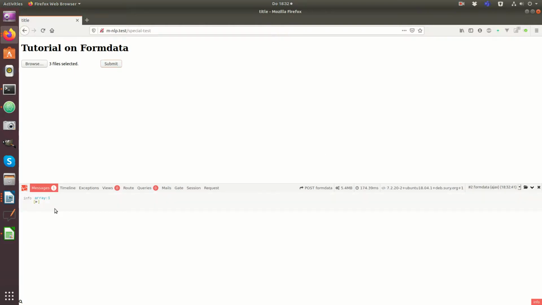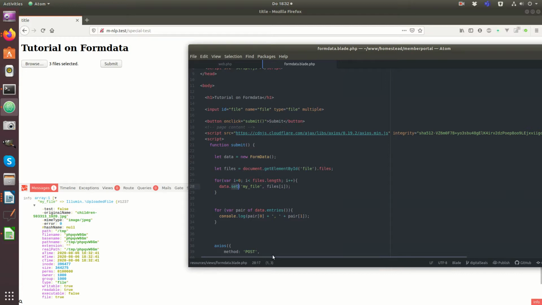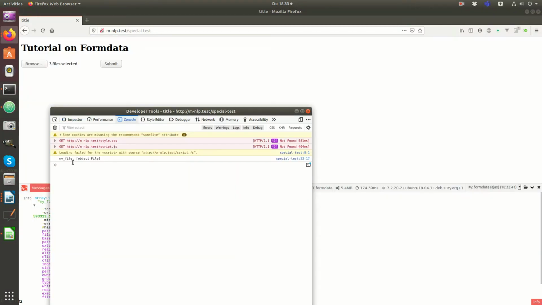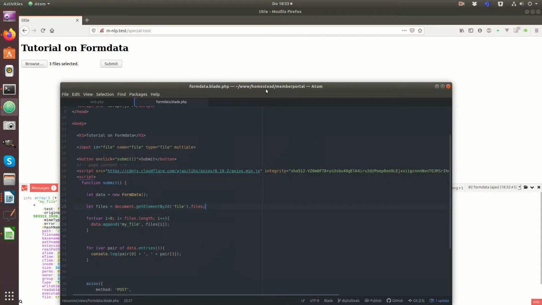So it's still 1. Why is it 1 and not 3? Well, it's simply because we used set. And we have seen this before. We need to do append if we want to have multiple files. If we use set, then it will always overwrite, and with append, it will add each file to each other. So if I go quickly to the log, you can see my file has only one object file assigned to it. But if I use append,